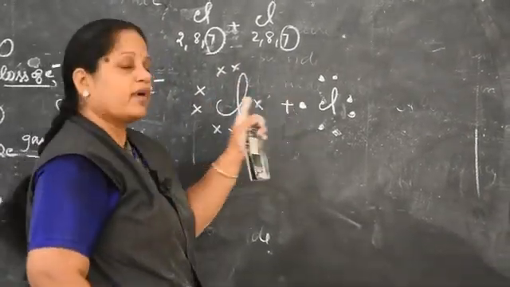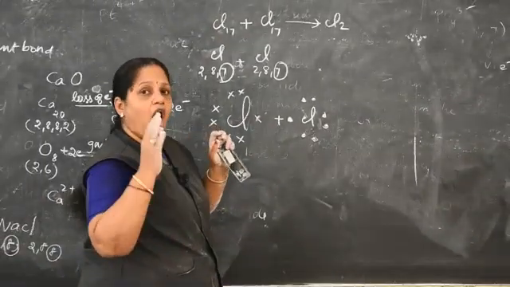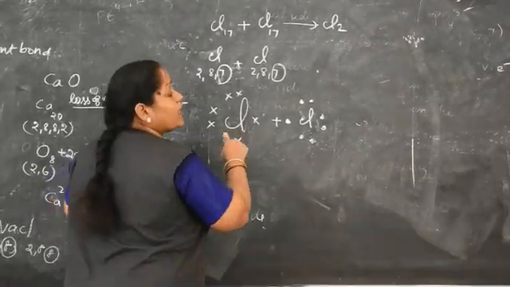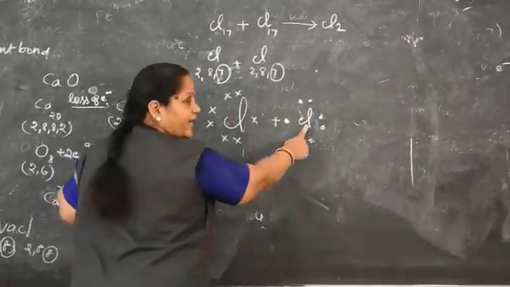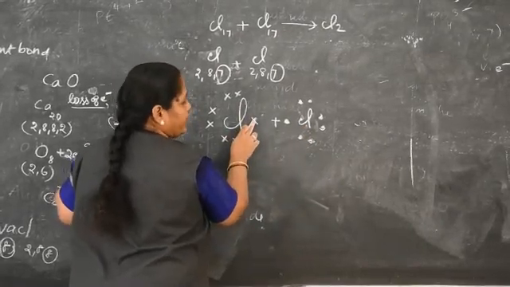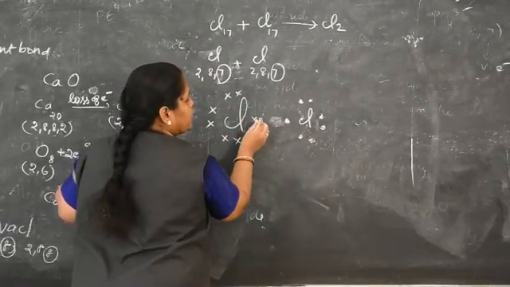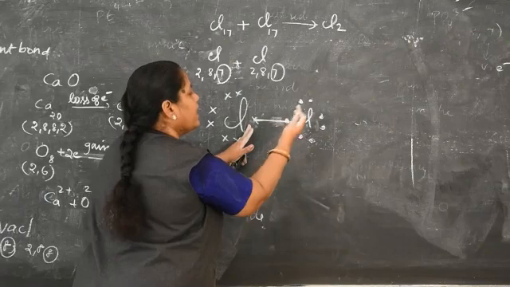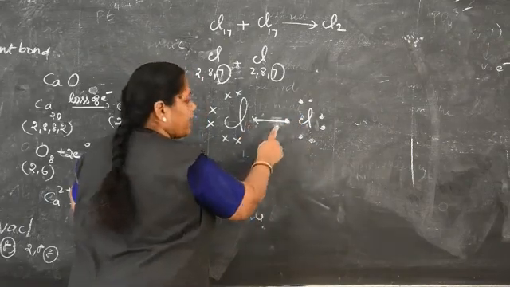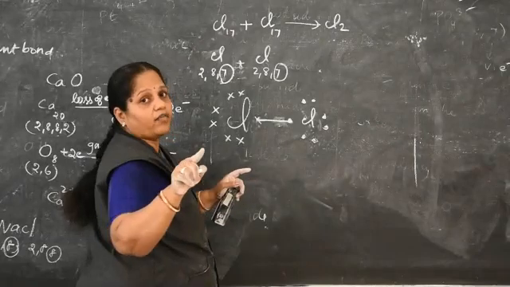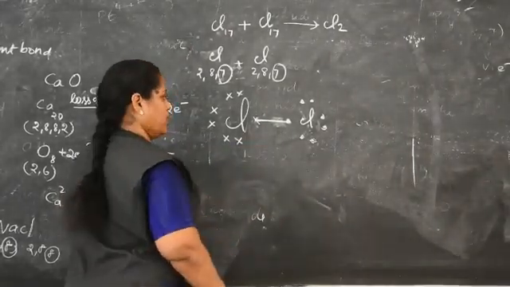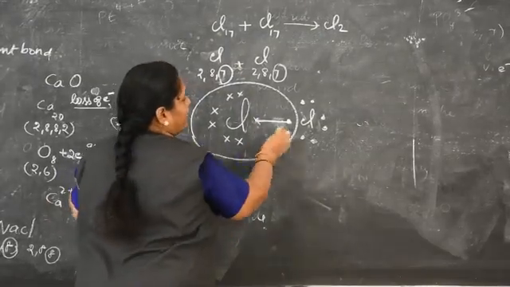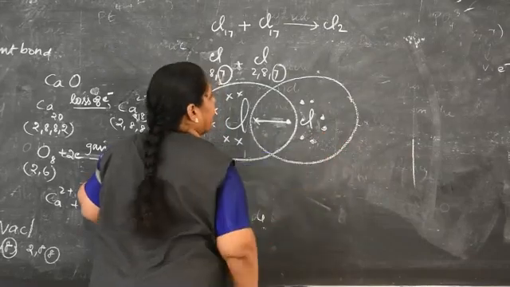These two chlorine atoms combine together. It attains an octet, a stable electronic configuration. How is it possible? By mutual sharing between two atoms. How is it shared? Here one electron, here one electron. These two are combined together and they form a bond. One atom donates one electron, the other also gives one electron. Between them a bond is formed. This kind of bond is called a chemical bond. Now around this chlorine, how many electrons are there? 8 electrons. Around this chlorine, how many electrons are there?